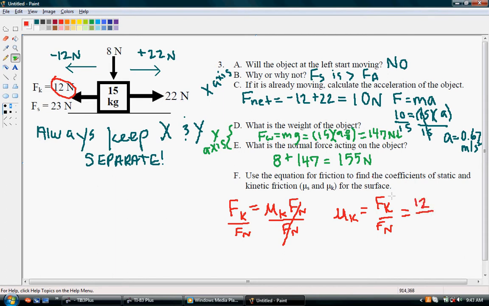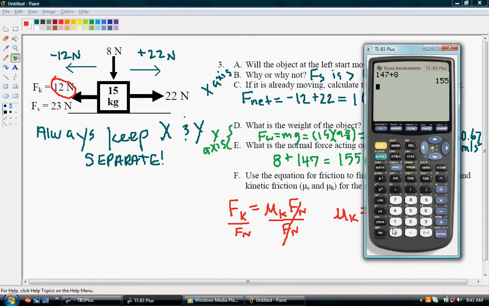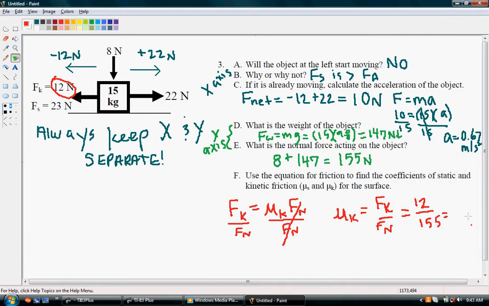And we just solved for our normal force. We know that our normal force is 155. So we plug that into the calculator, 12 over 155. And we get 0.08. So our kinetic friction is 0.08. So our mu k equals 0.08. And since the friction coefficient does not have units, we are done finding the